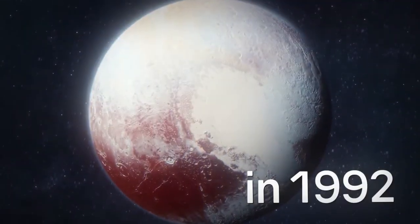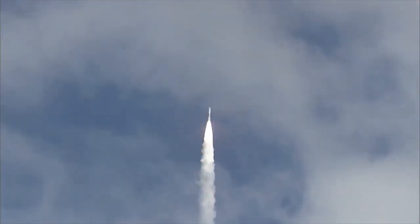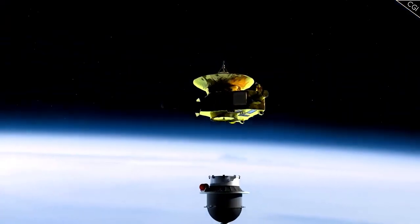The ice plain is directly facing away from Charon, which would align it with the object's tidal axis. Due to the short distance between Pluto and Charon, tidal effects are very strong on both objects. This could be the reason why Pluto is tidally locked to Charon and the two objects can't look away from